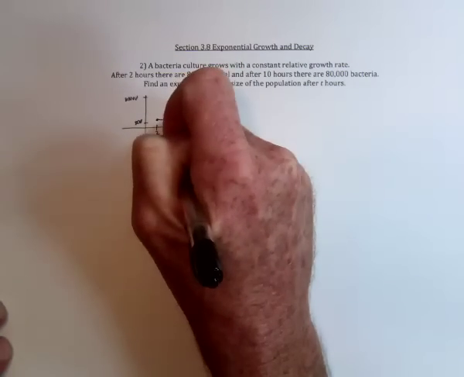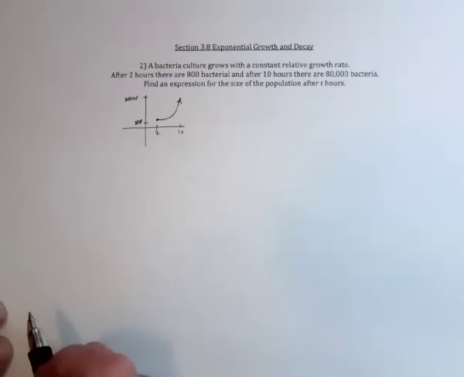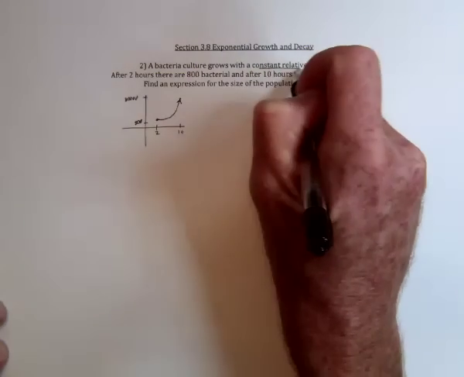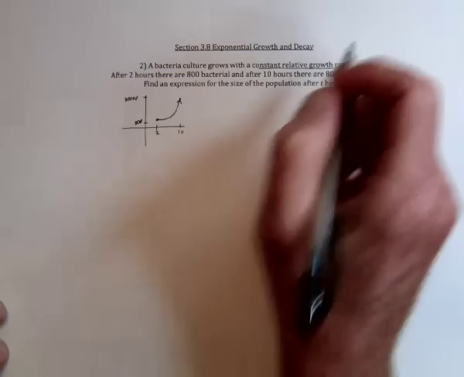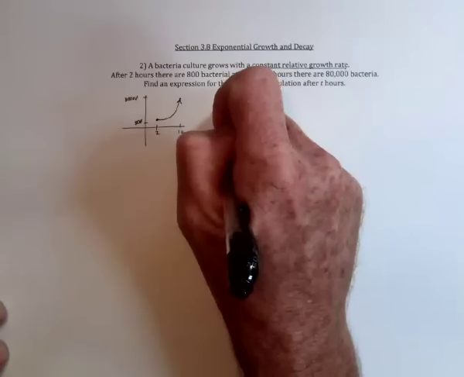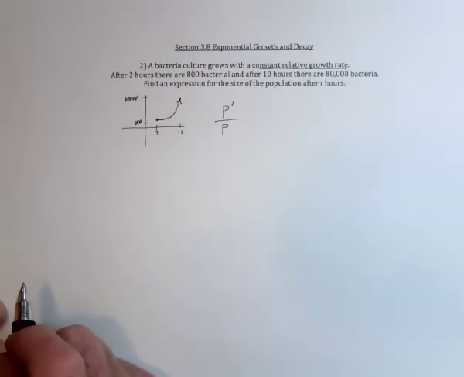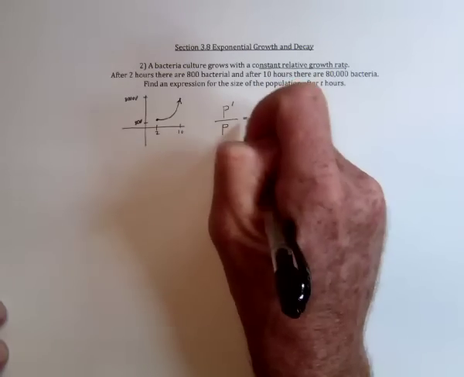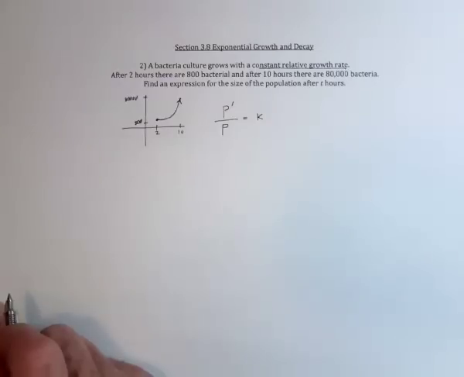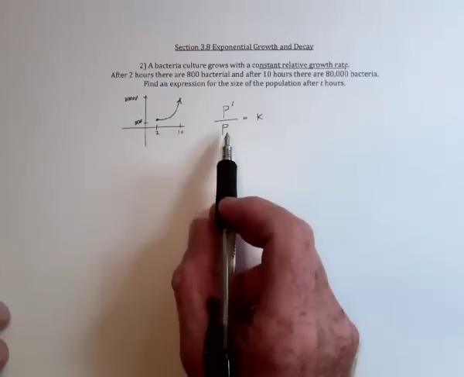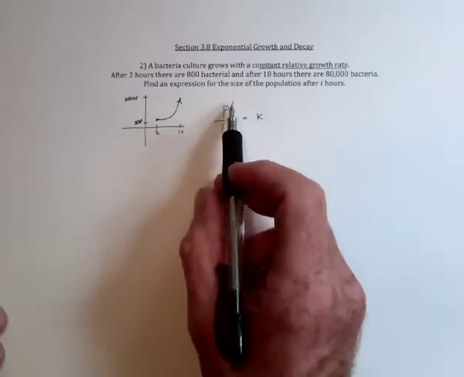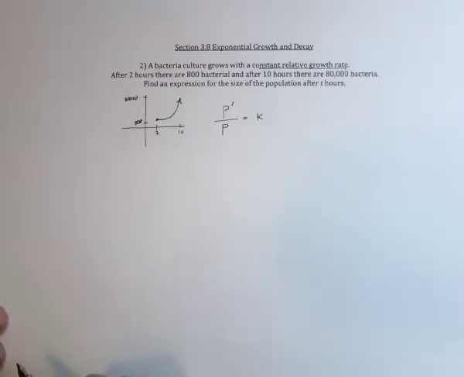Exponential growth means that it would grow faster and faster, like this. And then it's got a constant relative growth rate. This says if you take the speed at which the population is changing divided by the size of the population, then it's always going to be a constant growth rate. This then is a differential equation. In other words, it's an equation that has a derivative in it, and we need to find the original equation